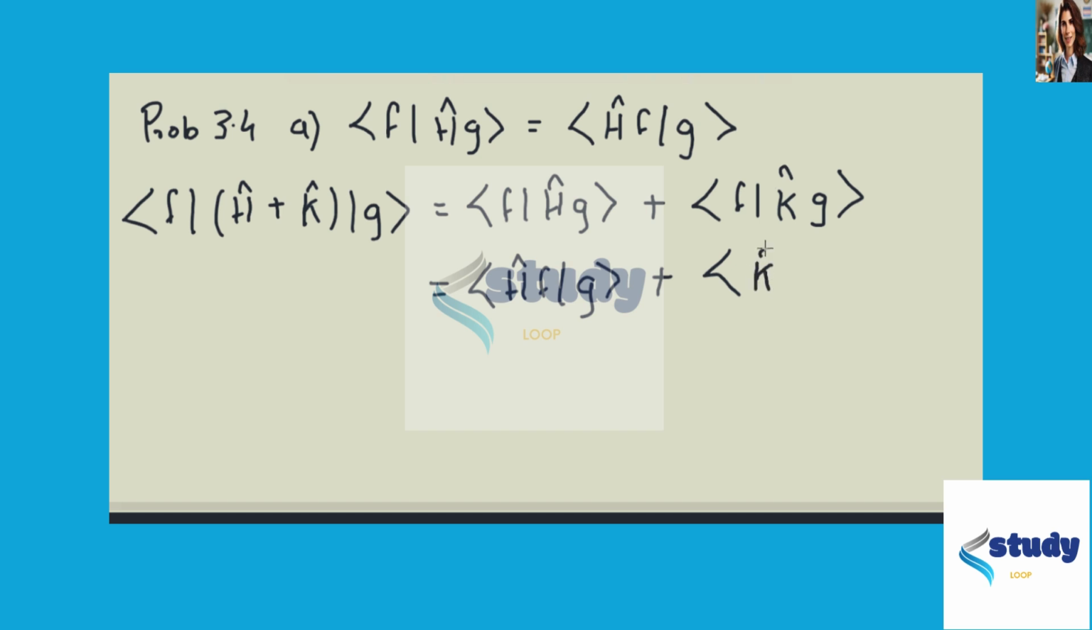K cap f, g. Once again we apply the sum rule and we have H cap plus K cap acting on f scalar product with g. So we see that the sum satisfies the condition of being a Hermitian operator, and hence the sum of two Hermitian operators is also Hermitian. Now for the second part,